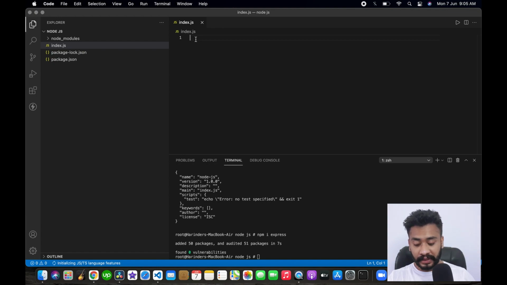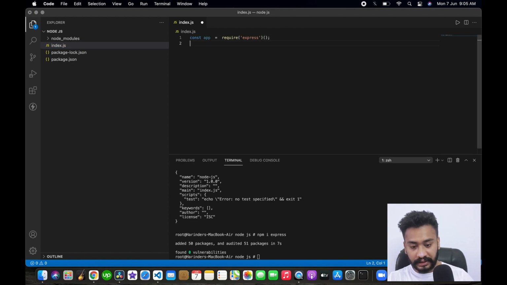For that, you have to define a constant app equals require express. In this way, our whole functionality of Express will be callable in our project.